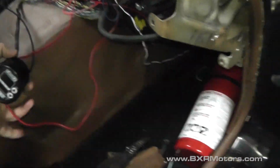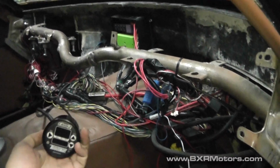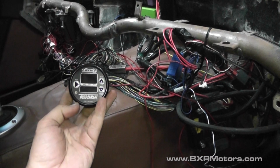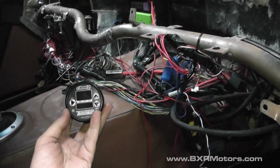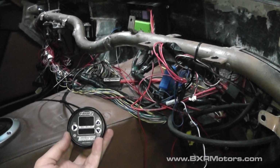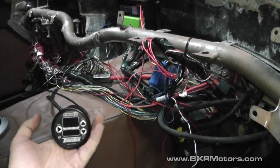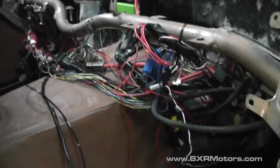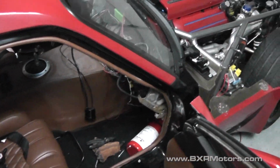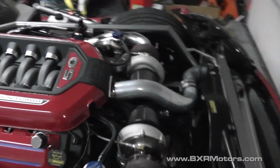So I'm going to go in here into our interior, and our interior is all taken out right now as far as our dash goes. We have an Eco 2 by Turbo Smart boost controller, and you can set it up either by boost by gear or boost by RPM. You can set up multiple, like 5 to 7 stages of boost control. This is what most people run, and it's set to run off the RPM right now because we don't have a boost by gear solenoid,